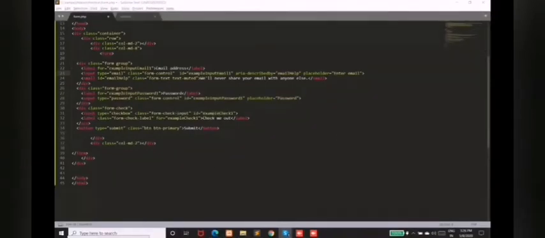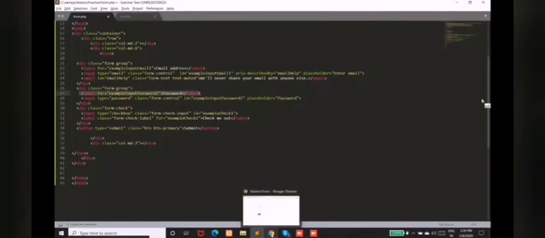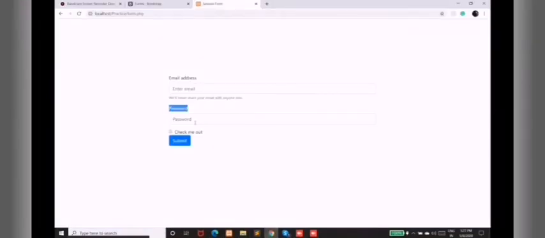Okay, so we'll continue. The next field is password. For the password field, first of all we have taken a label. A label displays basic information about a specific field. This is the field where you are inserting the data, but the user should know what kind of field it is, so we are giving a label to it, that is password.